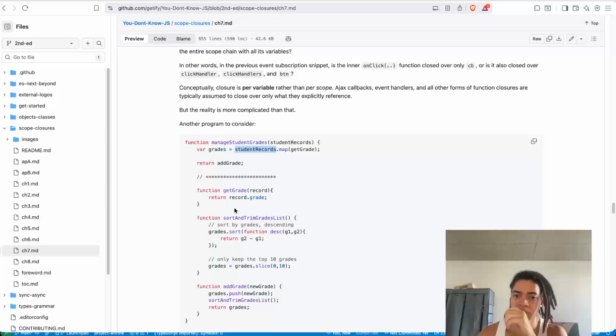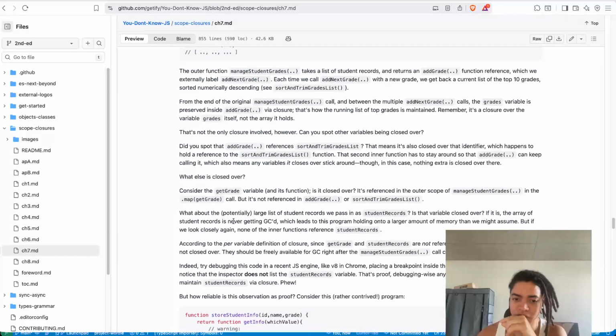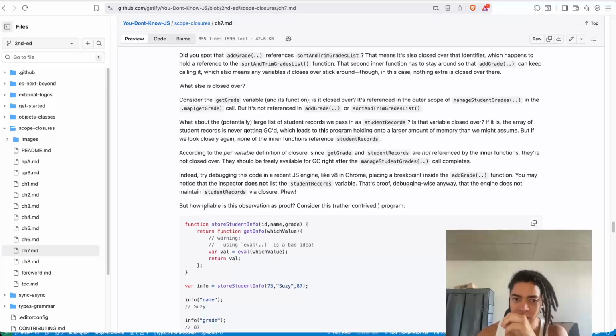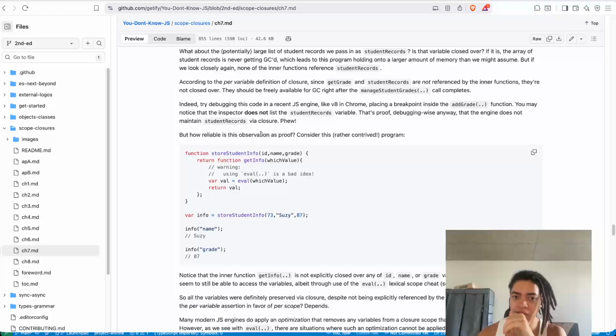Okay. So it is now garbage collected to that. But how reliable is this observation as proof? Consider this rather contrived program. Let's say you want to modify the runtime conditions. So for example, when you call this now with the info and the name and the grade,